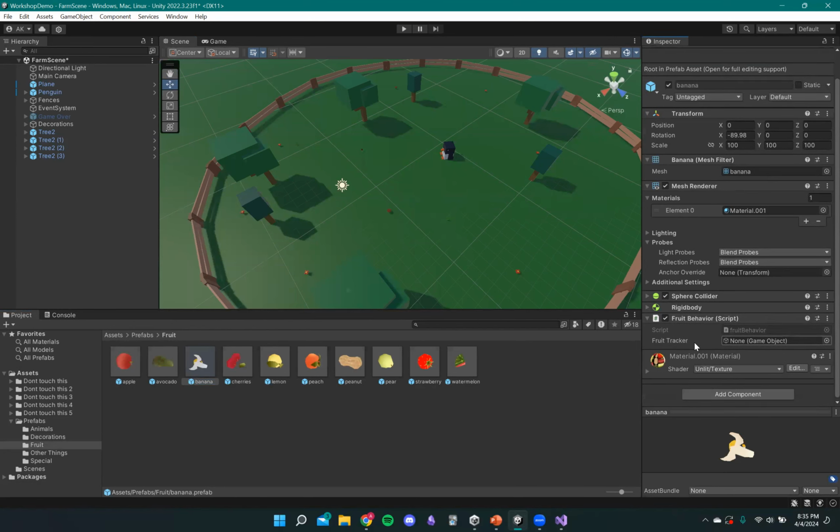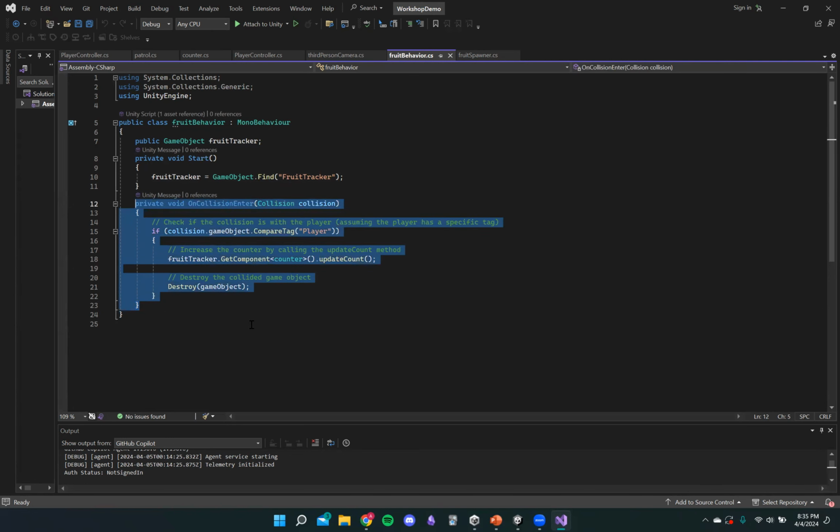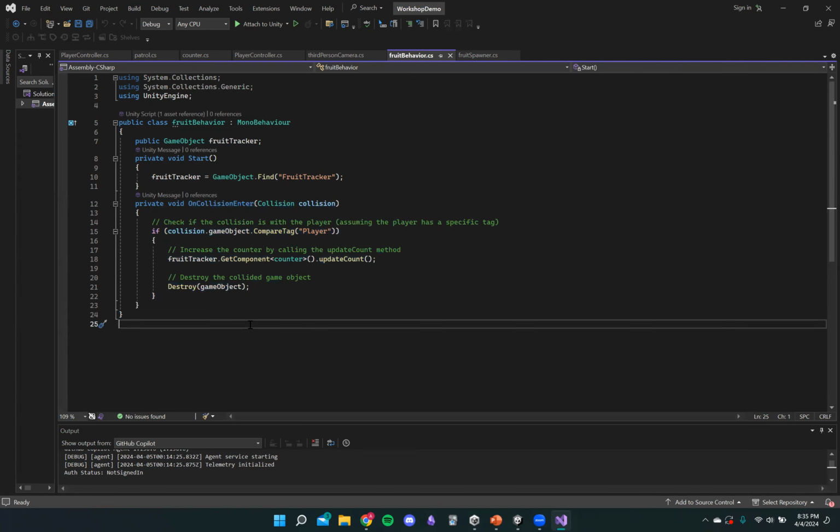So fruit behavior does a couple of things. But its main one is it has an on collision enter section. What that's doing is it's just constantly checking for collisions. And if a collision occurs, it gathers it. That's what this blue collision is. This collision is just a packet of information about the type of collision, what object it collided with, and various other things. So we're checking if the game object that the collision is associated with